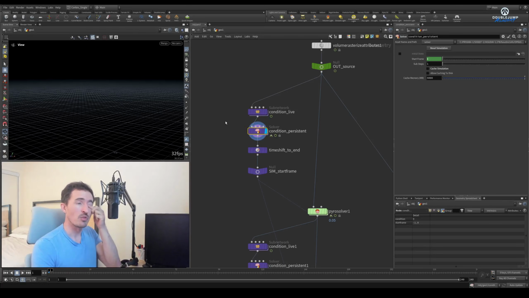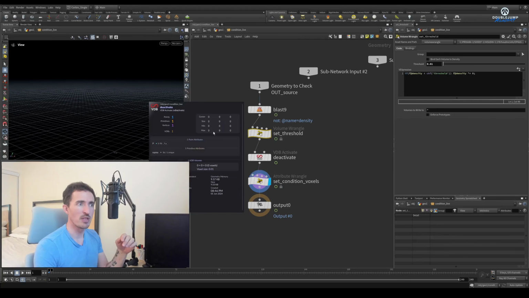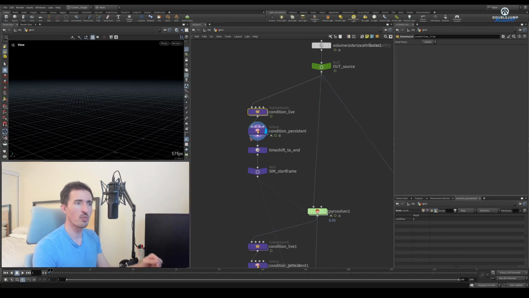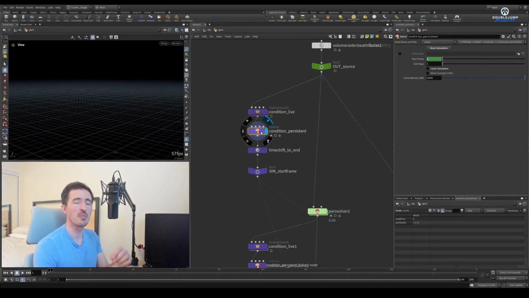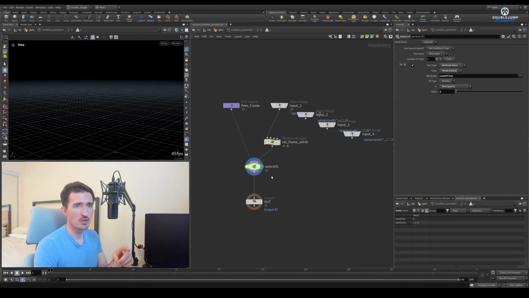Now, it's really important, the step that we did where we made sure we're not keeping all this heavy geometry, just an empty geometry with one attribute, is so important, because with the solver, it now becomes much lighter to calculate every frame, because what's coming into the solver is not heavy geometry, but just this empty geometry with one value. Okay, so we go inside the solver, then we're checking our previous frame in the switch, which I'll talk about just now,